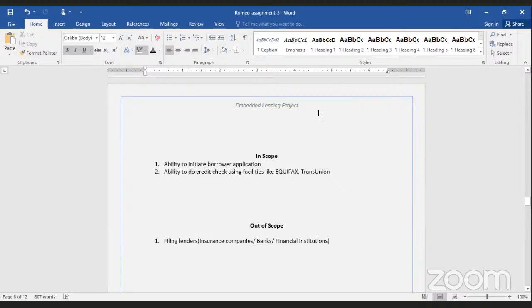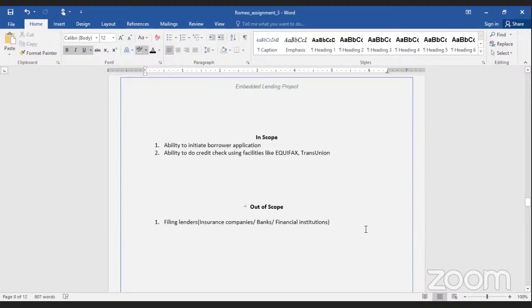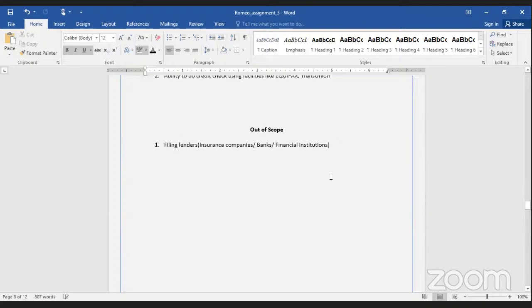Those financial institutions, insurance companies, individuals, banks, those who are in a position to dole out cash to support, to give, financial institutions in general.